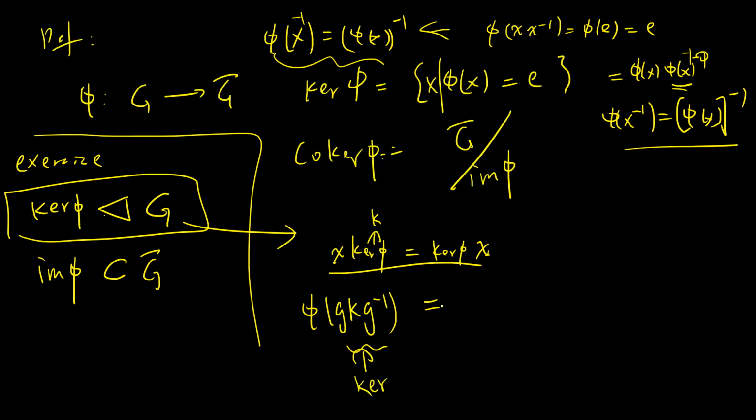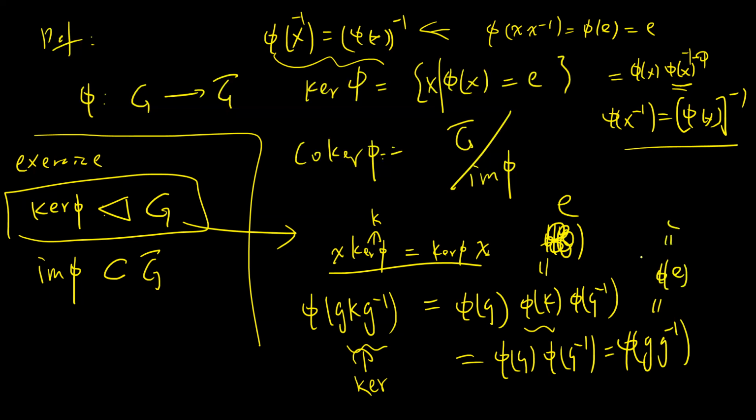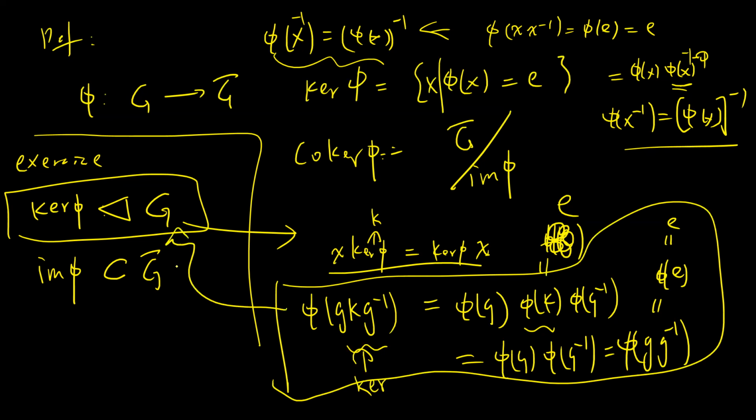So we need to check this is the identity. But this is easy, because phi of g k g inverse equals phi of g, phi of k, phi of g inverse. And phi of k is the identity because it's in the kernel, so you get phi of g times phi of g inverse, and by the homomorphism property you get phi of g g inverse, which is phi of e, which is e. So this shows that the kernel is a normal subgroup. Okay, it is easy to check that the image of phi will be